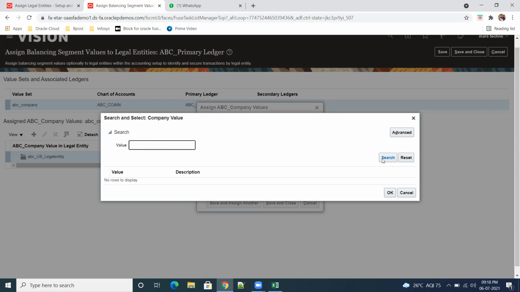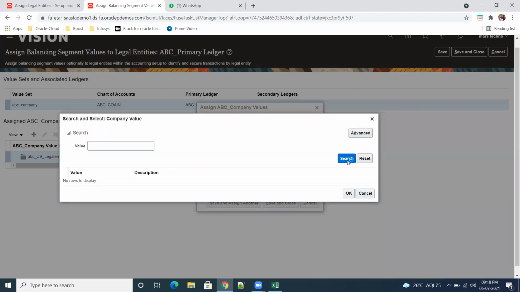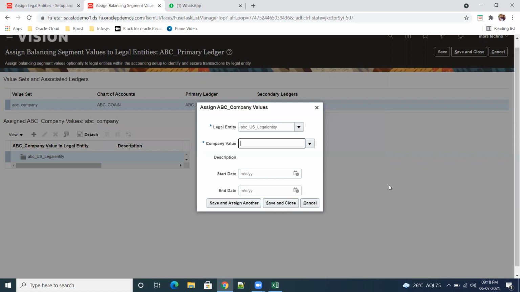Why is it not coming? Oh, values are not coming. Legal entity is this one.